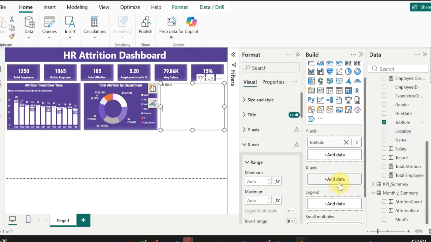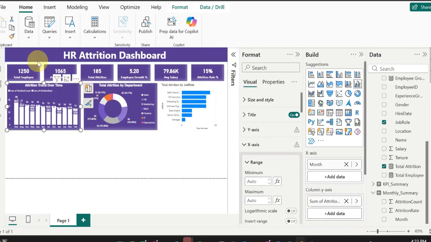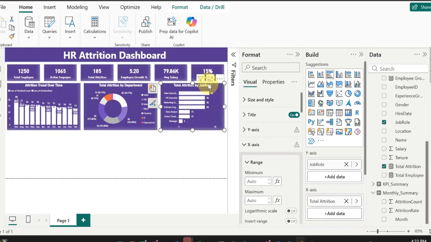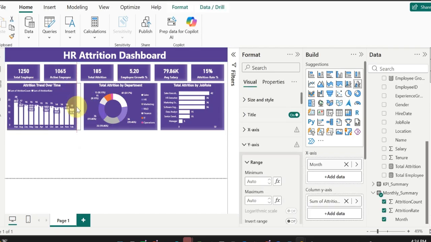In the x-axis I have to choose my total attritions that I have. Yes, you can see here. And now I just need to copy this formatting, and I will paste it here, and you can see. Yeah, this is how you can save your time. And now I have to make 3 more visuals, but before that, as you can see there, I need to make this one a bit small,